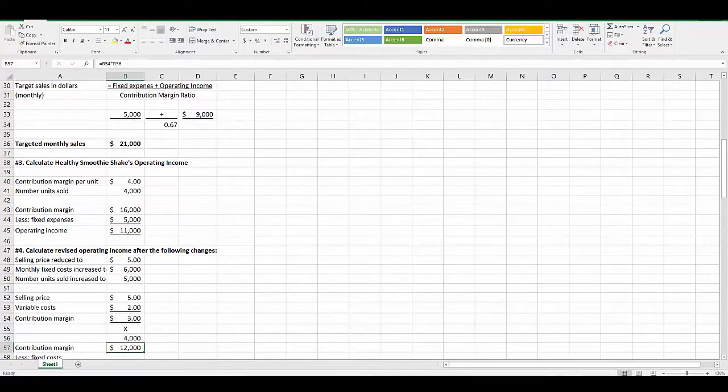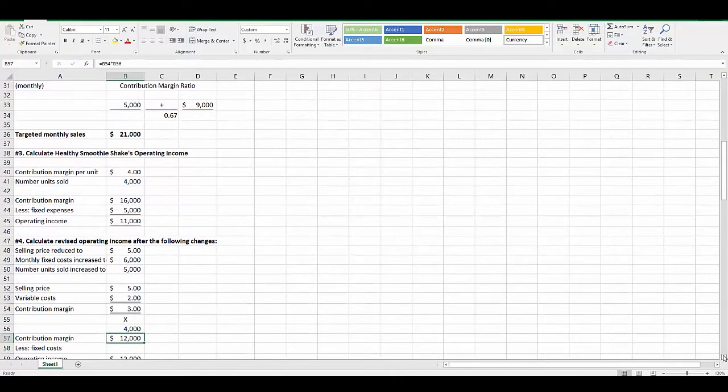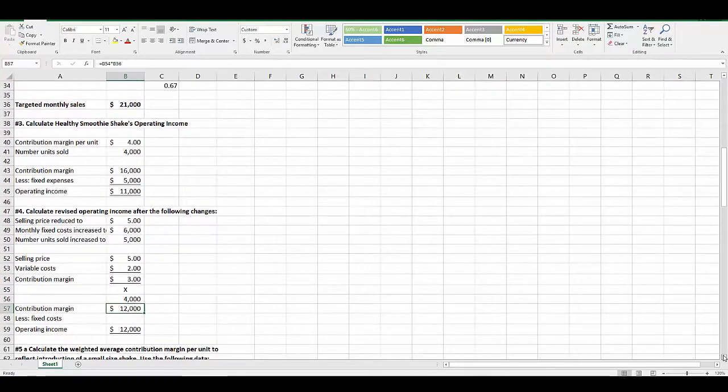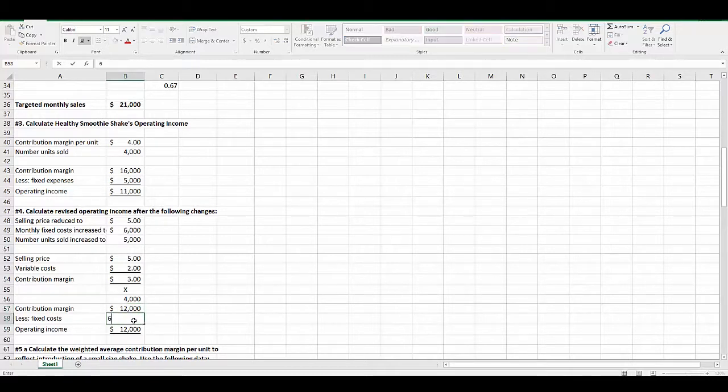So this will give us a contribution margin of 12,000. And our fixed costs, we are told that there is a change in fixed costs, so they are increased to 6,000 from 5, so we'll deduct our 6,000 in fixed cost. So this leaves us with